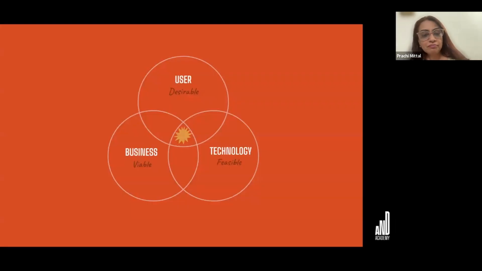Let's move. So it's at this sweet spot: something that is desirable for the user, something that is feasible or possible using the technology that we have, and something that is viable for the business. Maybe I make something, but it's so expensive that nobody can buy it, not because the business decided to put a lot of profit margin in it, but because the cost of production itself is so high, right? So the UI UX designer's job is in this center sweet spot where all three are equally honored. Let's move.